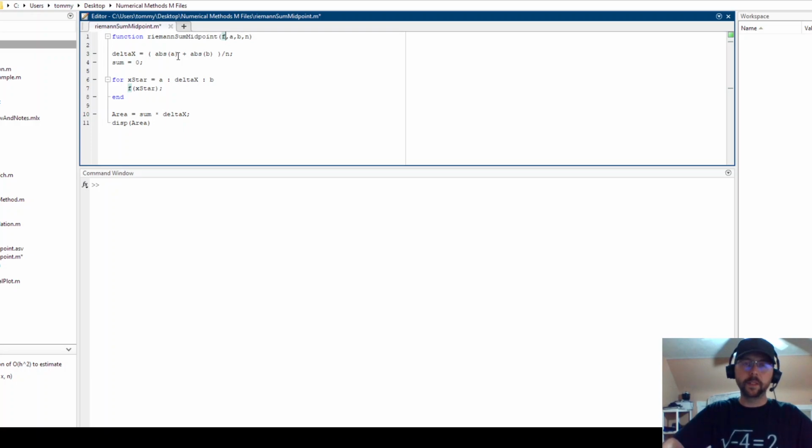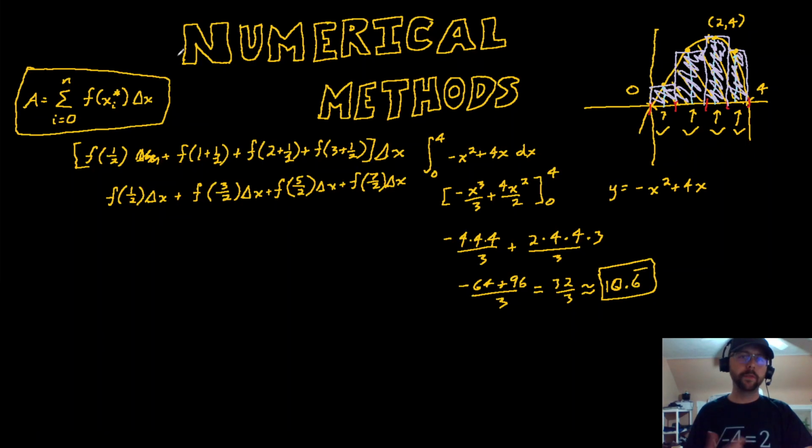So I used the letter f that represents a variable that will be a function, a, which represents the starting position, the leftmost point where we're trying to find the area, b, which is the rightmost point, n, which is the number of divisions. And we would have seen, had I finished writing it all out,